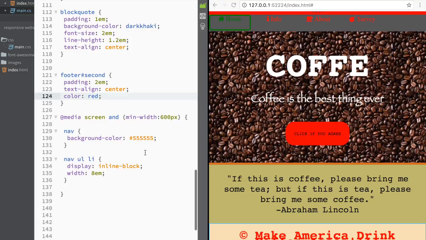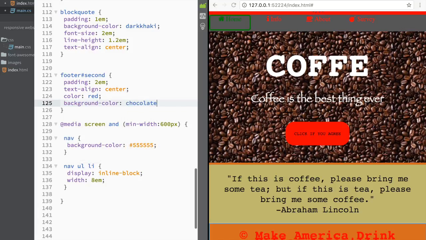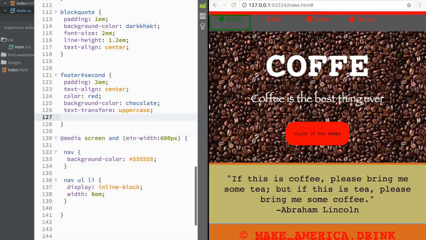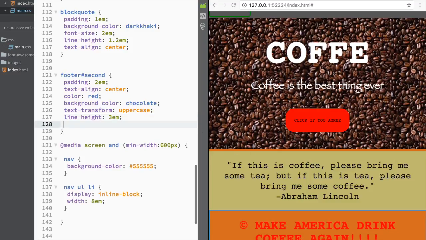Now after that, we're going to say a background color. We're going to change a little bit the background color, and I'm going to say that this is going to be chocolate over here like this. And then after that, we're going to say that we're going to have a text transform to uppercase. So we're going to say a text, and we're going to say transform. This is going to be to uppercase over here like this. And after that, we're going to say that we're going to have a line height over here of like 3 EMs, something like this. So now I can see that we have a fuller line over here,